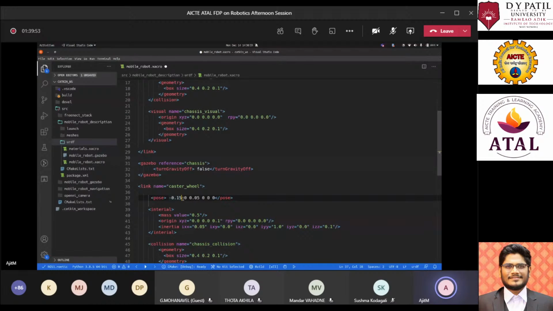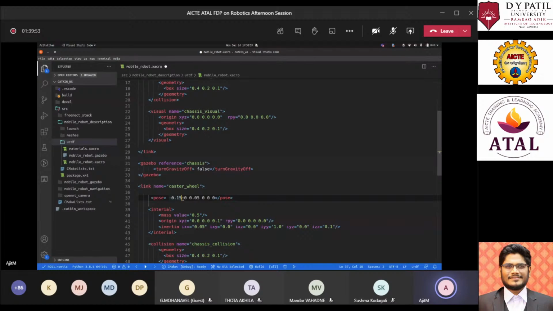Okay, so when we move ahead into the caster wheel, the first thing we need to define is the mass, which I have given as a negligible mass of 0.5. Then we have to define its origin. This origin is again with respect to the pose. So it would be 0, 0, 0, because pose is where we move that specific link to that position, and from that position we need to define it further.